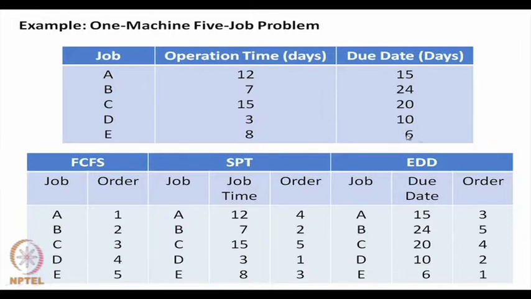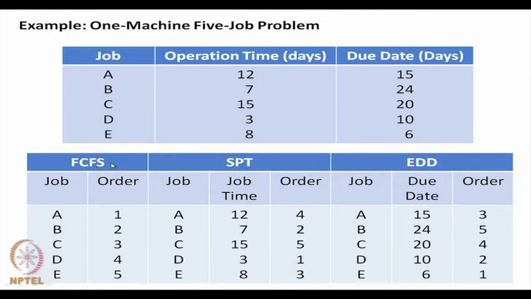Okay, 6 seems to be quite infeasible if the operation time is 8. So, we could change it, but this will require me to change all my calculations. So, let it be 6, but let us understand that a more realistic value would have been larger than 8. Okay. Now, suppose that it is 6, then we apply the 3 rules.